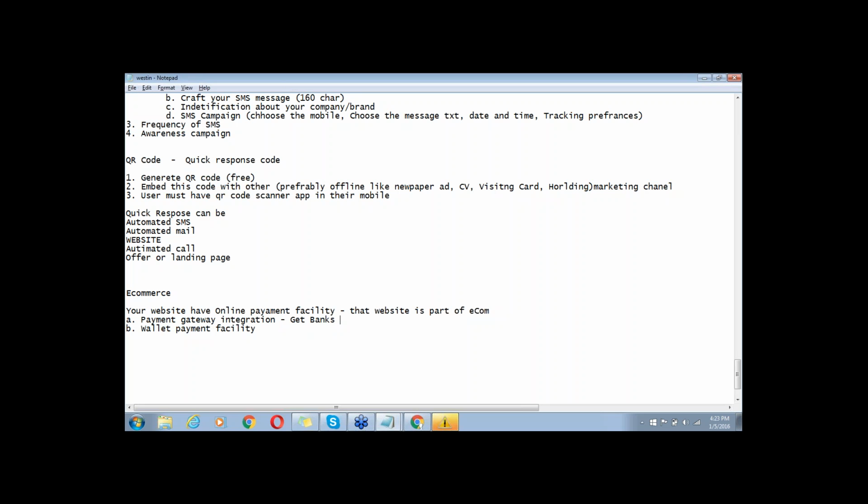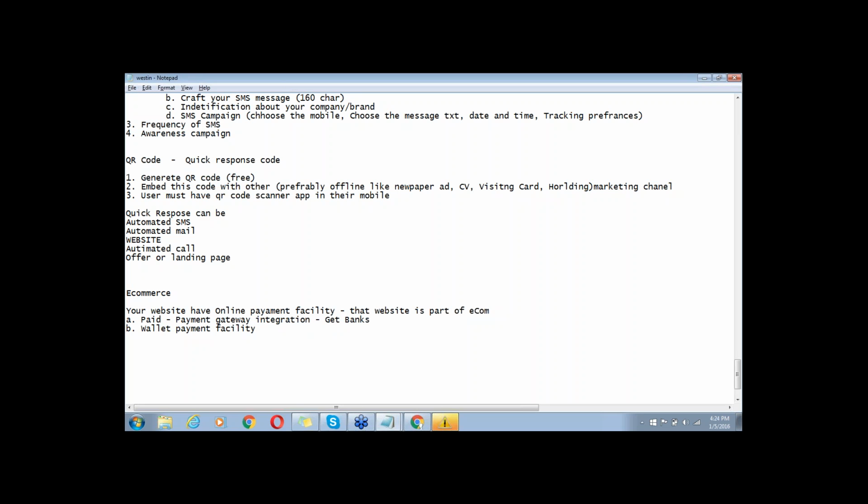That bank will validate all your documents, physically verify your business, and see that you are not planning any fraud, that you are a genuine business and want to help customers by selling your products. Then they will issue a payment gateway to you. This is a paid feature. You have to pay to integrate the payment gateway in your website.